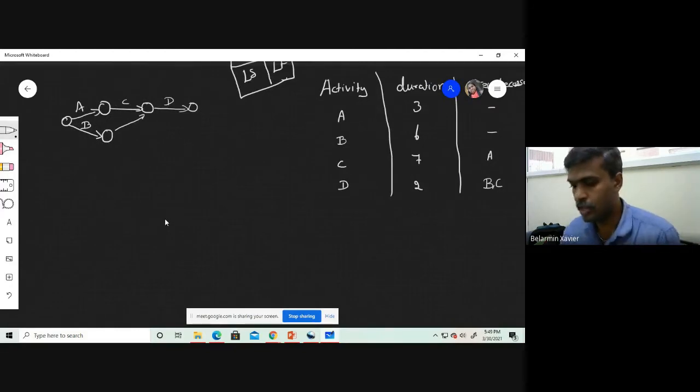Now we are going to draw based upon the activity on node method. How can we draw A and B? A and B have no predecessor, right?